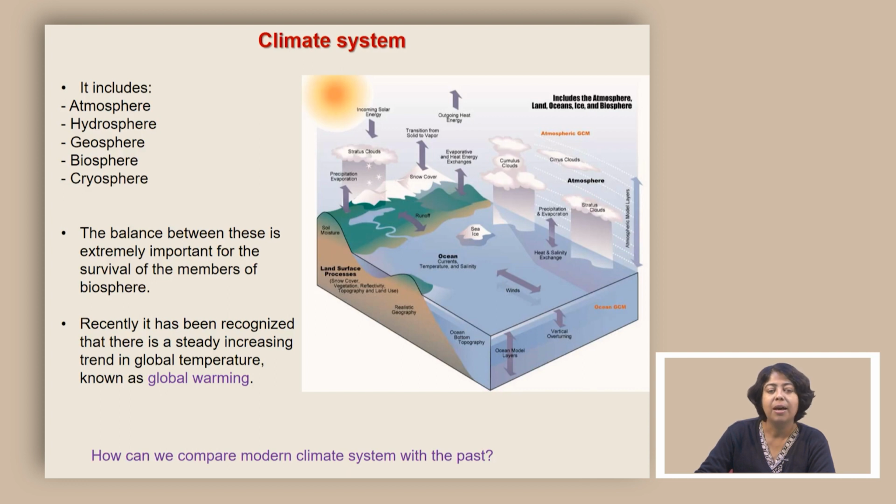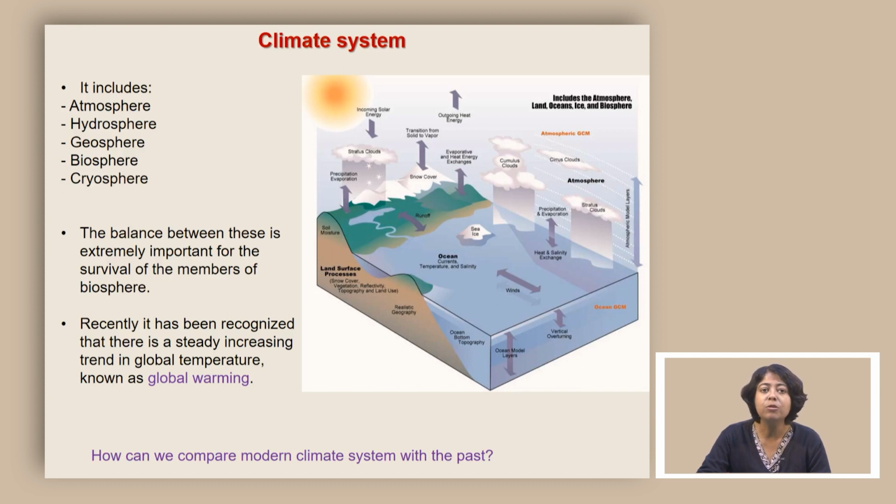So, climate actually is influenced by multiple spheres of the earth. It includes atmosphere, hydrosphere, geosphere, biosphere and cryosphere. Now, atmosphere is the gaseous layer above the lithosphere that we take our breathing air from. Hydrosphere includes the oceans, the rivers, the groundwater. Geosphere or lithosphere is the solid rock part that provides the landscape, and also it is connected to the mantle